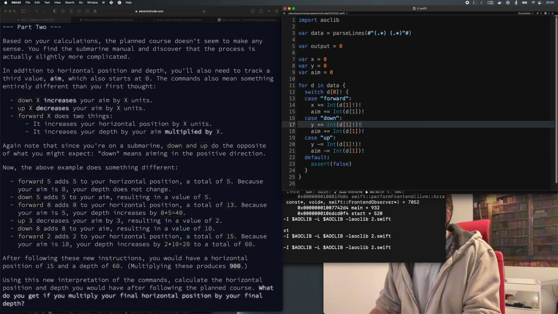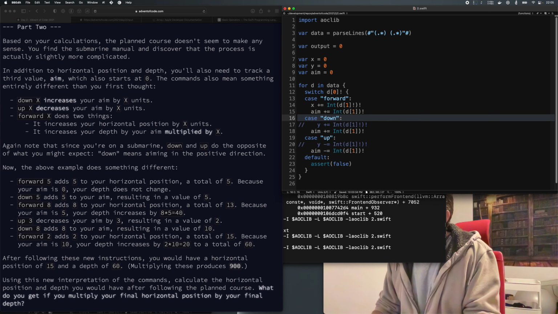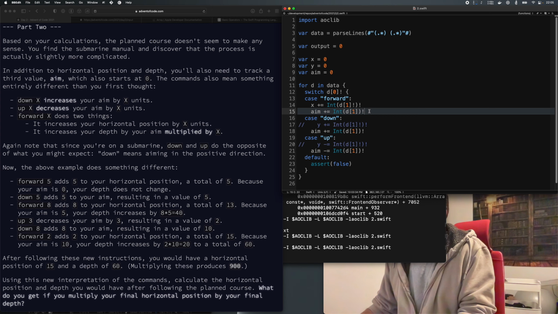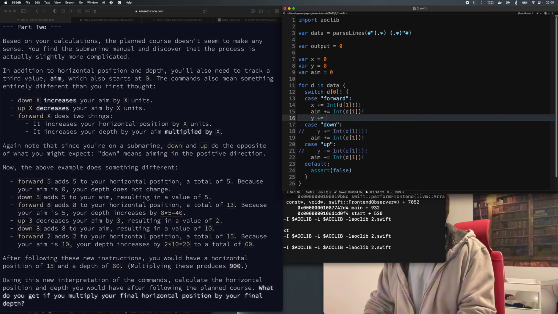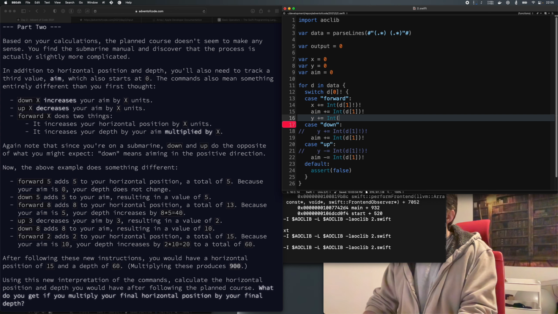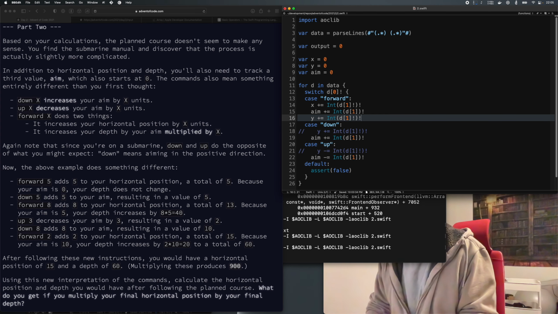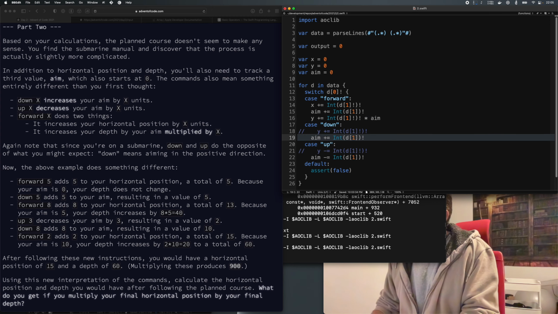Okay, so I think we're not supposed to be doing that. So forward increases your depth by, okay, y plus equals... I forgot all those things. Times name. Okay.